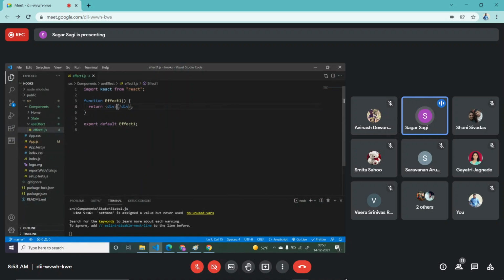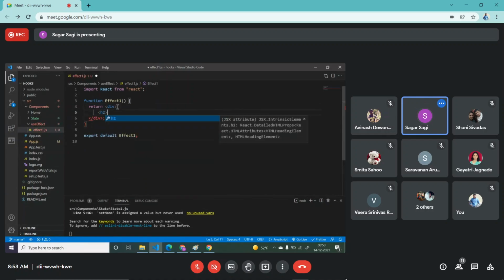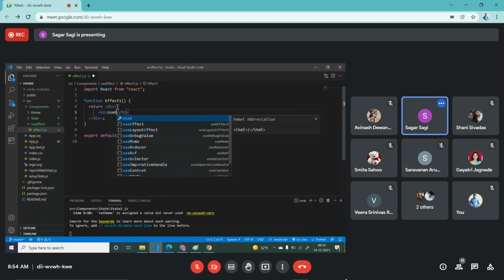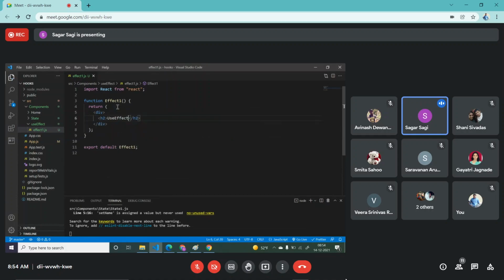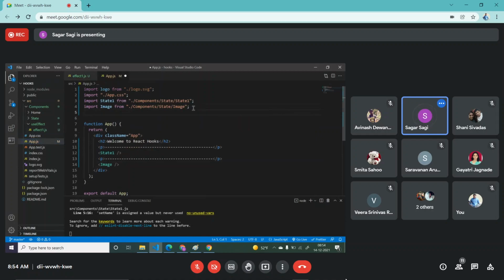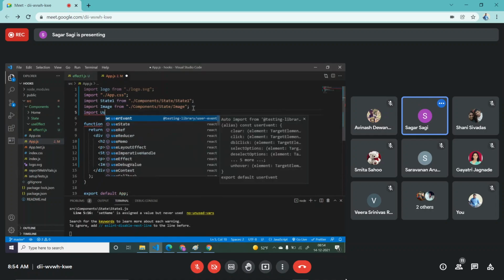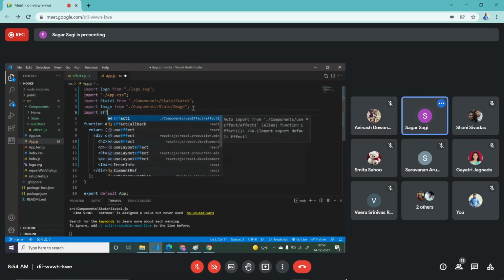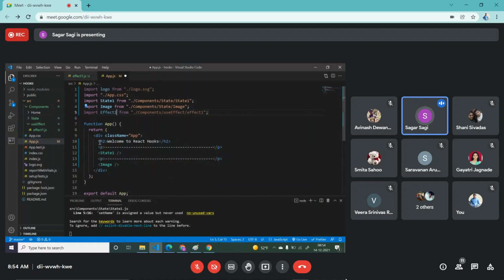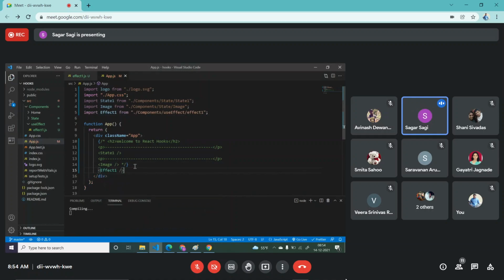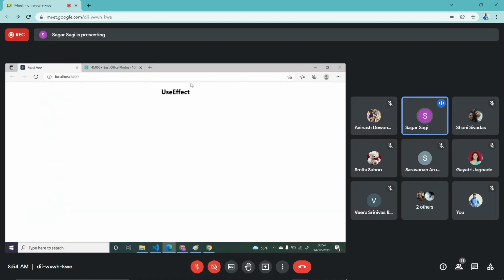Okay. Here I'm just saying hello useEffect. I just want to show this in the browser, so I will import Effect1. Now I'm commenting all this out, and here Effect1. Save it. I got useEffect.